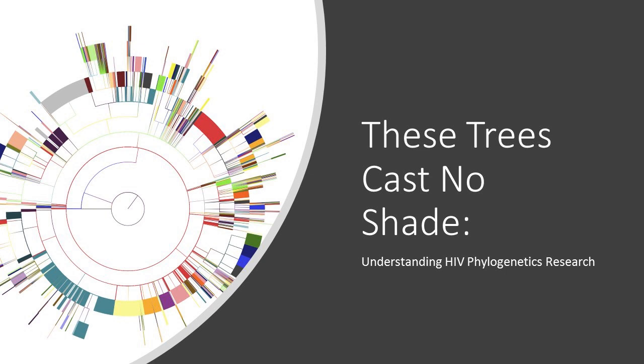For those of you who attended part 1 of the webinar last month, we'll also be taking a bit of a step back from the topic of that webinar, which was more focused on the public health arena. In today's webinar, we'll be talking about how HIV sequencing is being used not in the public health arena, but rather in the context of HIV research. And there are some really important differences between those two arenas, public health and research. One of the most important of which, of course, is the concept of consent and informed consent, which was a key word from our previous webinar. So pay close attention to that in today's topic.